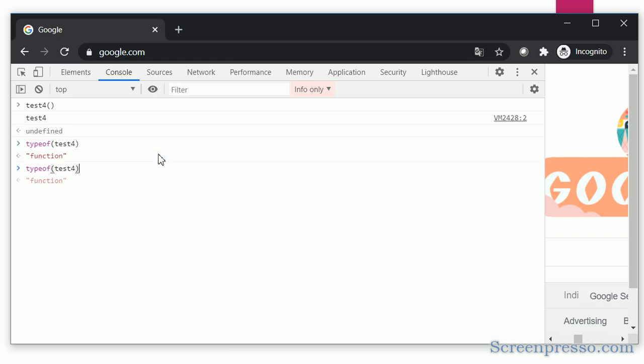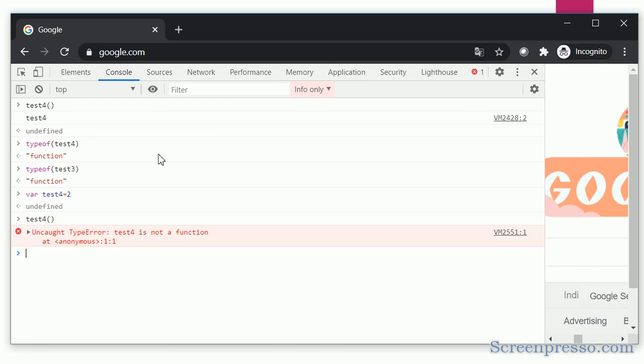Even test3 in the older method is also a function. So I am assigning one more variable with the same name, with some integer value. Now if I try to access test4, I will get an error because test4 is not a function. If I check the type of test4, it is number. So there is a chance of overriding that function expression.